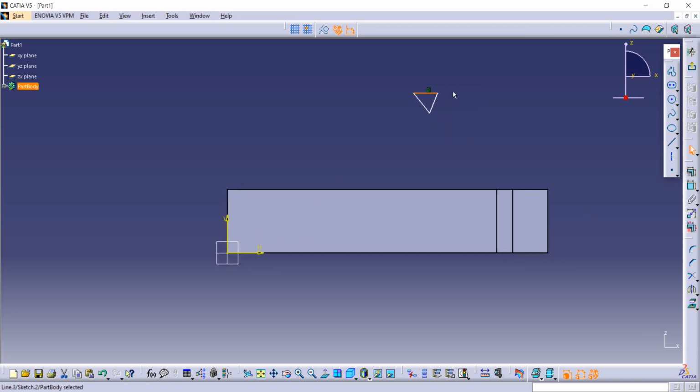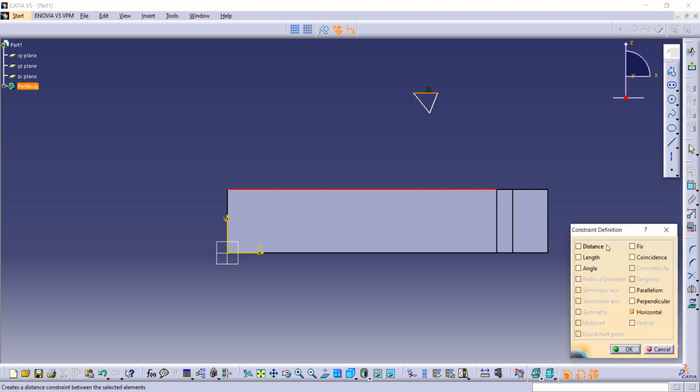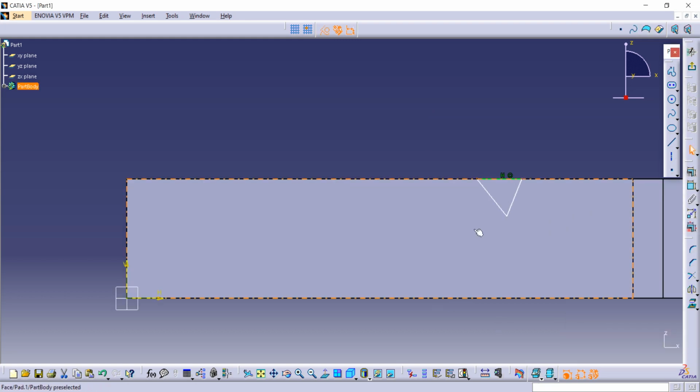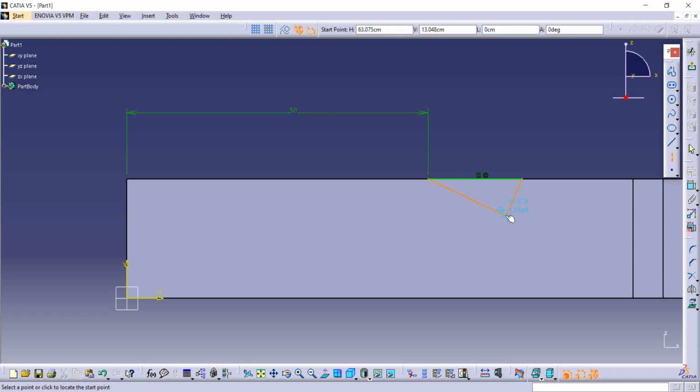So select upper side of the triangle with this and then go on constraint option, then coincide. Now we have to give dimensions. You can see this point, here is the point, and the length of this side and the line of this, the distance between both of this should be 50. So I'm giving it 50. Now you have to use this axis which is in construction format. You have to make it straight.